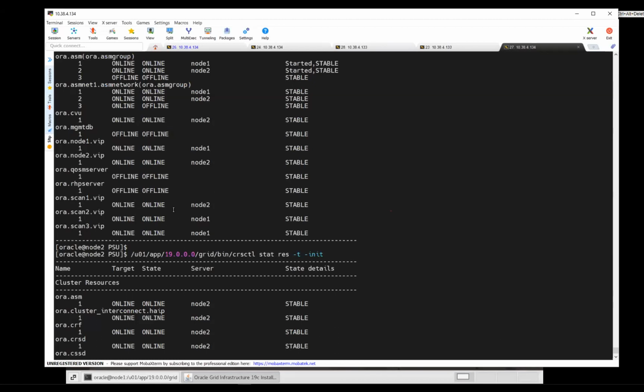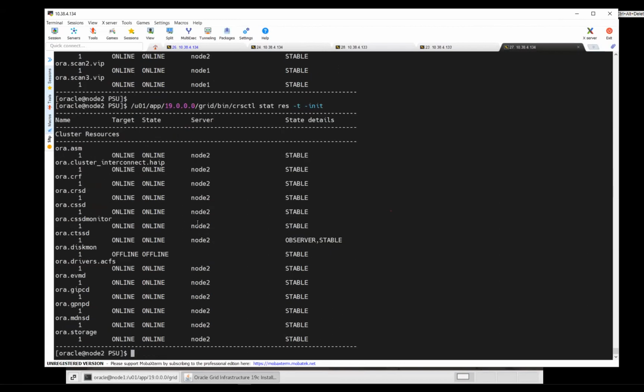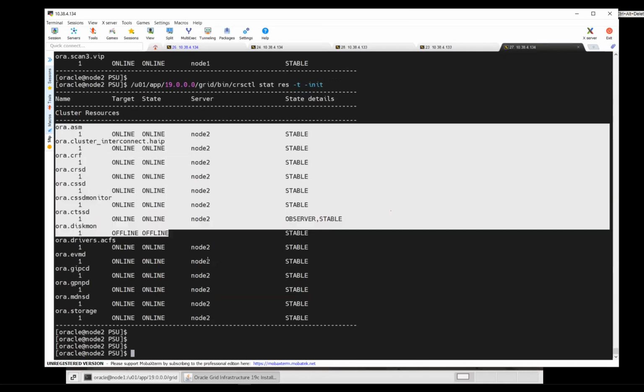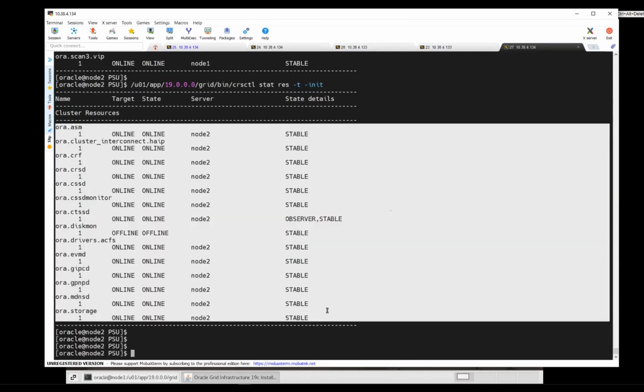You might have noticed when I launched that run installer, I think when I upload this video you can go back, when I launched the grid setup, there's one particular section where it will ask for your management repository. If you select that management repository, that will install it here. If you don't select it, that will not install it here. But there is no requirement for it in 19C. Your Flex ASM will take care of everything. But if you have it, no worry at all. Flex ASM is integrated with your clusterware management and management repository together.